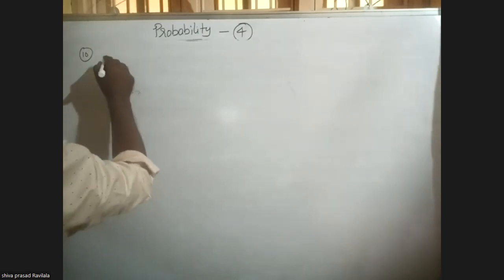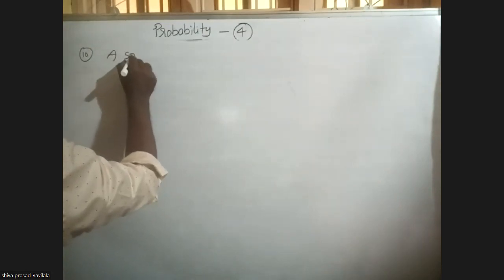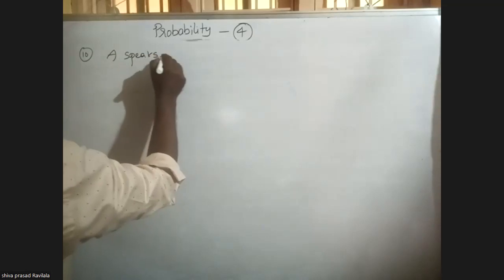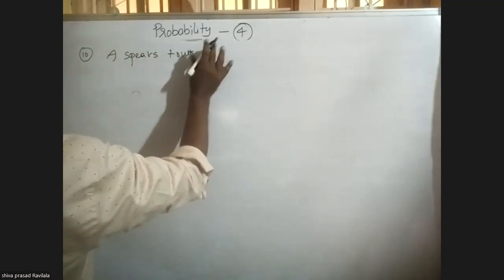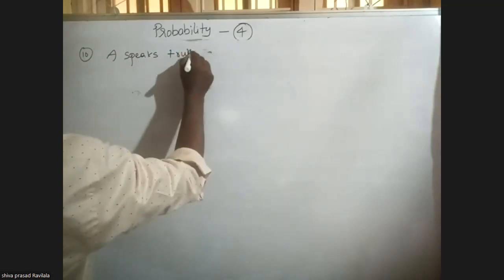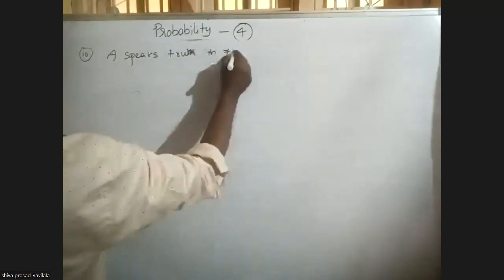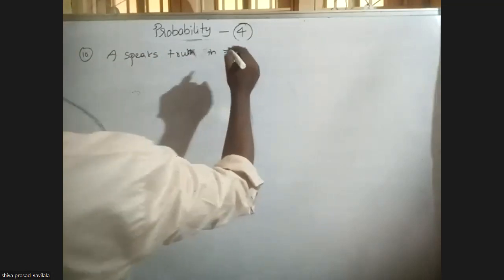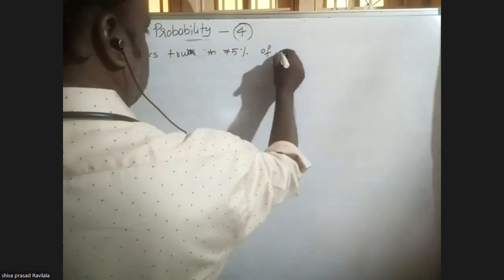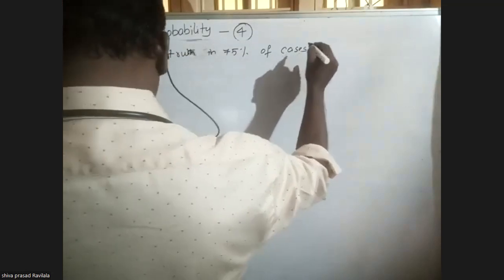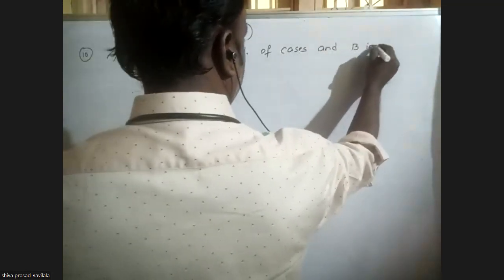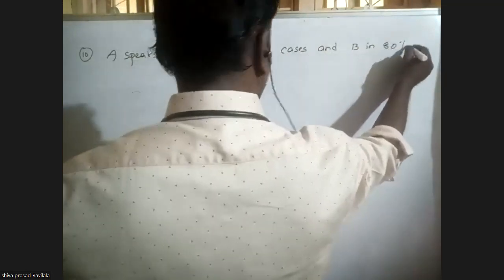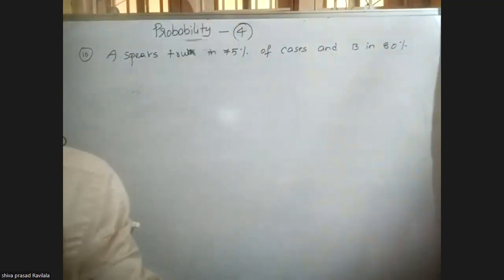A speaks truth. Maybe you may have done this question. Important sum. A speaks truth in 75% of cases and B in 80%. What is the probability that